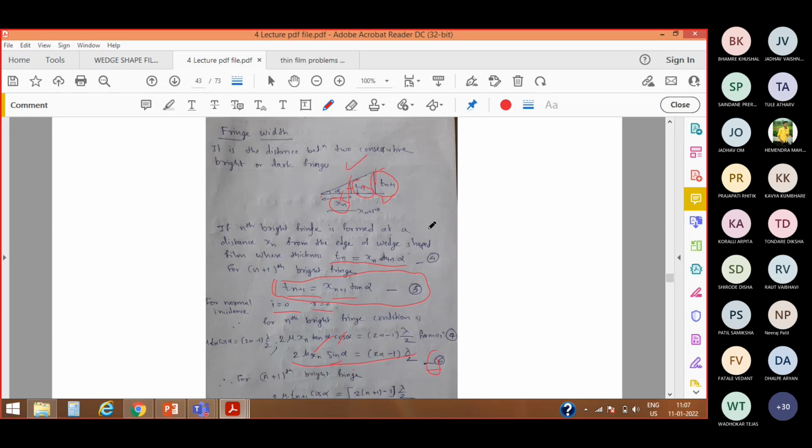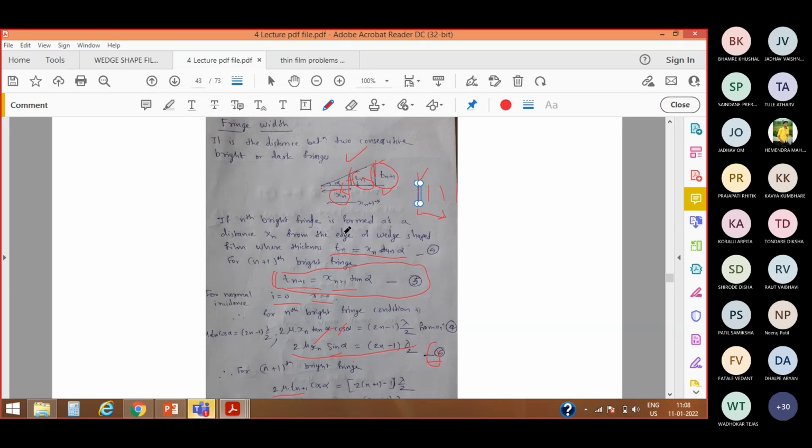Now the fringe width. How much is the width of this fringe? It is the distance between two consecutive bright or dark fringes. Suppose this is a black fringe, this is a white fringe, this is a black fringe, and this is a white fringe. Two consecutive means I consider the distance between two black lines, or the distance between two white lines. So it is given by,